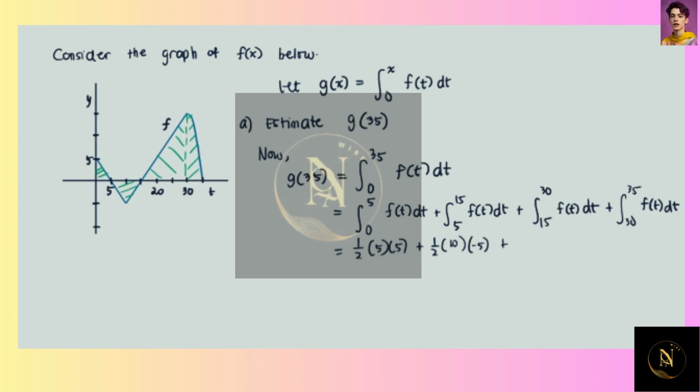And then plus for f of t over the interval 15 to 30, that's still a right triangle. So we have 1/2, base is 15, and the height will be 15 as well. And then lastly, this area here is just 2/3 of the area of the rectangle. So that'll be 2/3 of length times width. In this case, the length is 15, the width is 5. So adding these,